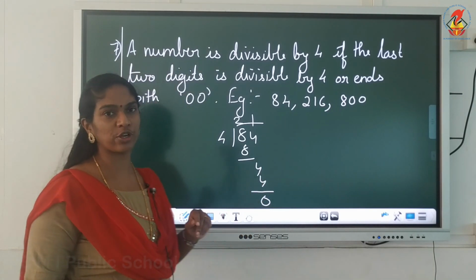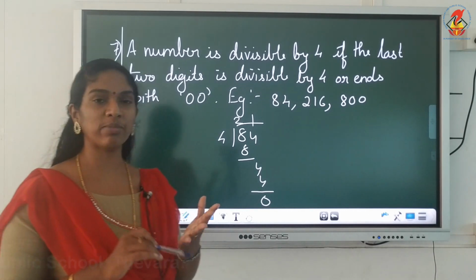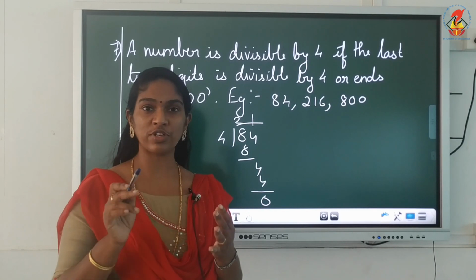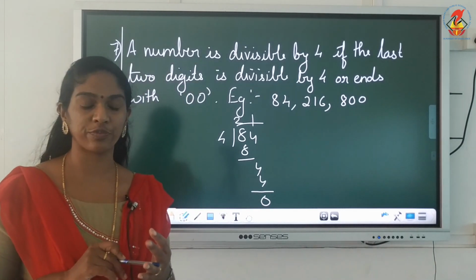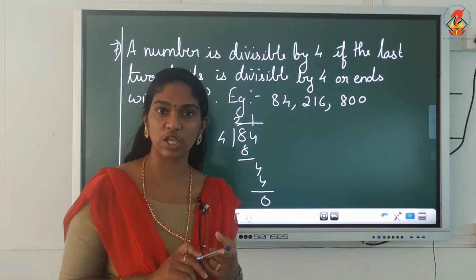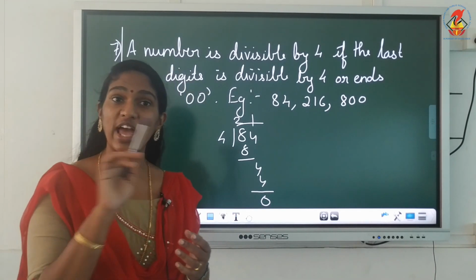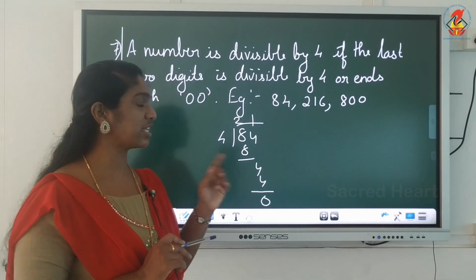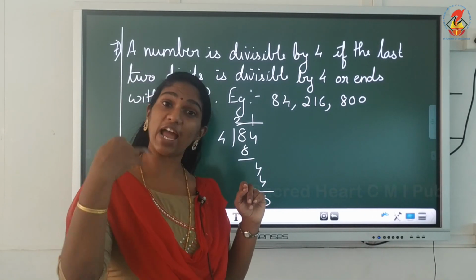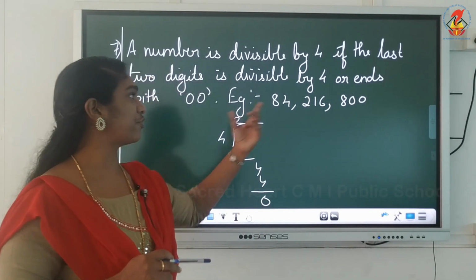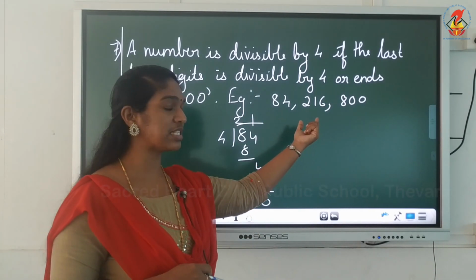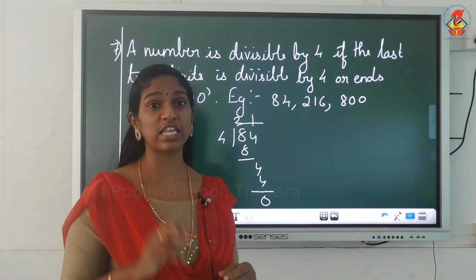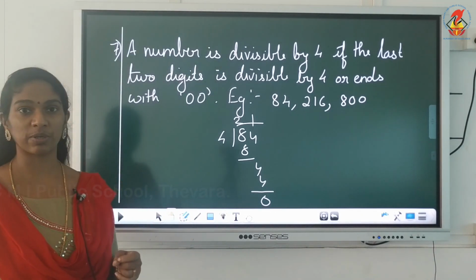So these are the rules that you have to follow. When you are dividing by 2, you have to check whether it is an even number. Then it is divisible by 2. For 5, you have to see whether the last digit is either 0 or 5. For 10, you have to see whether the last digit is 0. For 3 and 9, you have to add the digits and see whether it is coming in the respective tables. Then for 6, you have to see whether it is divisible by 2 and 3. And then finally for 4, take the last 2 digits. If it is coming in 4's table, it is divisible. Or if the last 2 digits are 0 0, then we can say it is divisible by 4.